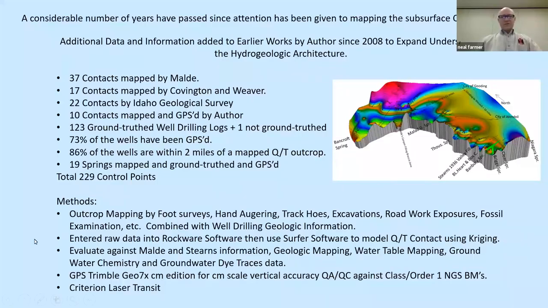for a total of about 229 control points. Some of our methods were just foot surveys, hand augering, literally trackhoe excavations, roadwork exposures, and fossil examinations in outcrops, and we combined that with the well drilling information, entered that into Rockware software and Surfer software to create the information and produce a surface, subsurface, and then used that to evaluate against Harold Malde and Harold Stearns geologic mapping, as well as water table mapping, groundwater chemistry, and groundwater tracer tests to see how close it matches. And we also used high accuracy, vertical accuracy GPS